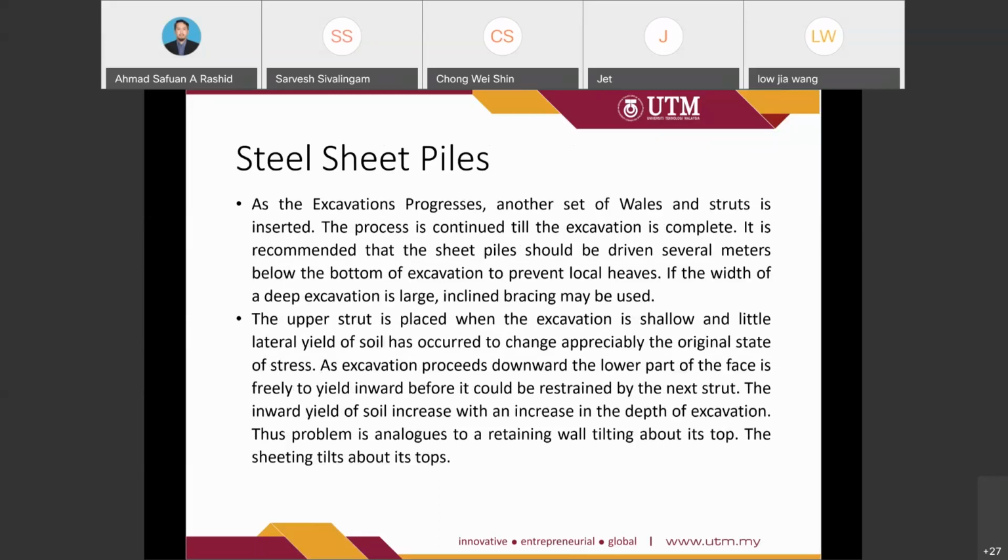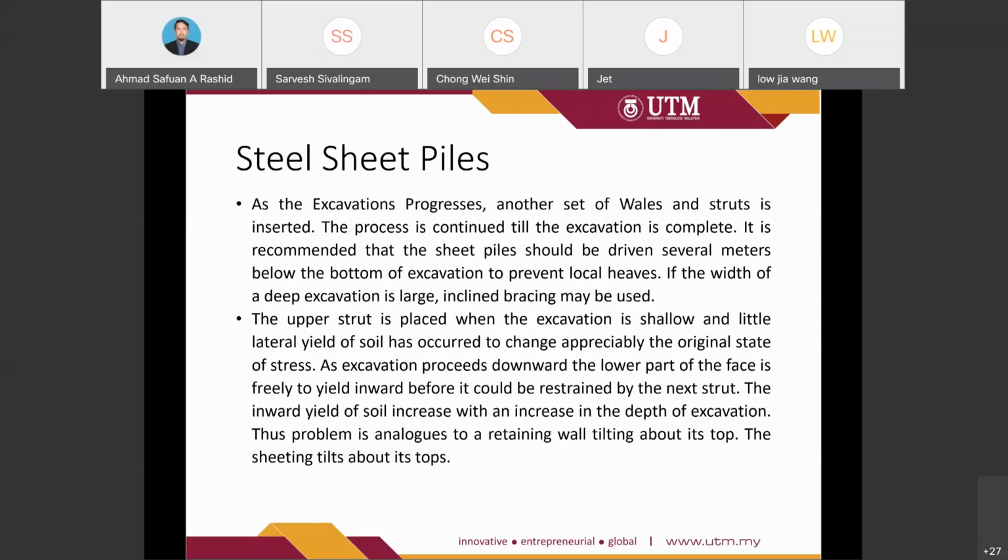As the excavation proceeds, another set of wales and struts is inserted, so this is constructed in stages. The process is continued until the excavation is complete. It is recommended that the sheet pile be driven several meters below the bottom of the excavation to prevent local heave. If the width of the excavation is large, inclined bracing may be used. The upper strut is placed when the excavation is shallow and little lateral yield of the soil has occurred